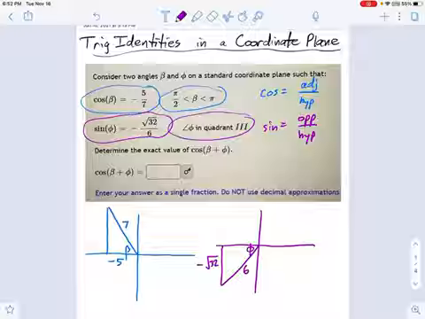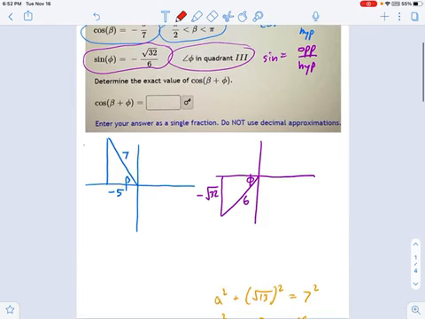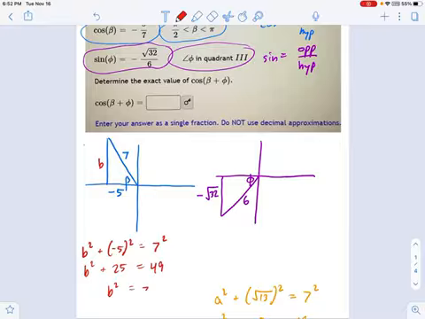All right, so now we're ready to complete the triangles. And what we have to do here is the Pythagorean theorem again. I'm going to call this side, we'll call that b right there. So I'm going to say b squared plus negative 5 squared equals 7 squared. So work that through. b squared plus 25 equals 49, which means b squared equals 24, which means b is the square root of 24. Okay, so we can just scratch out b and put in square root of 24. You don't need to simplify these things just yet. We can get to that later on if you want.